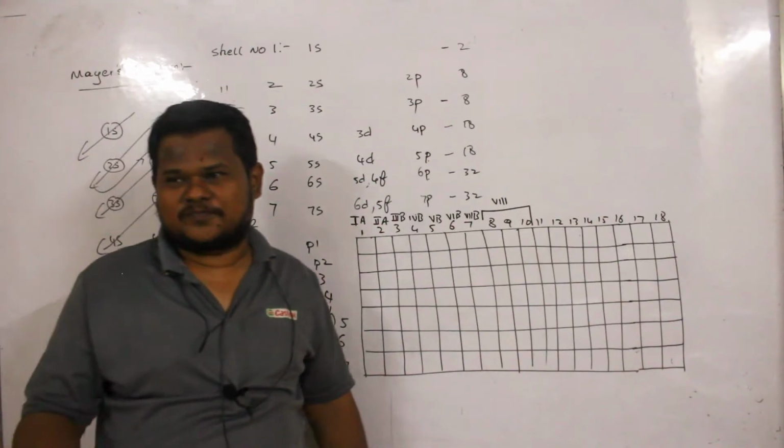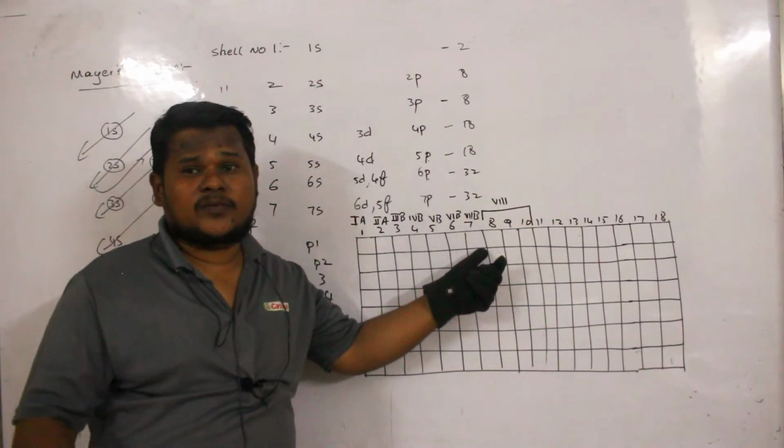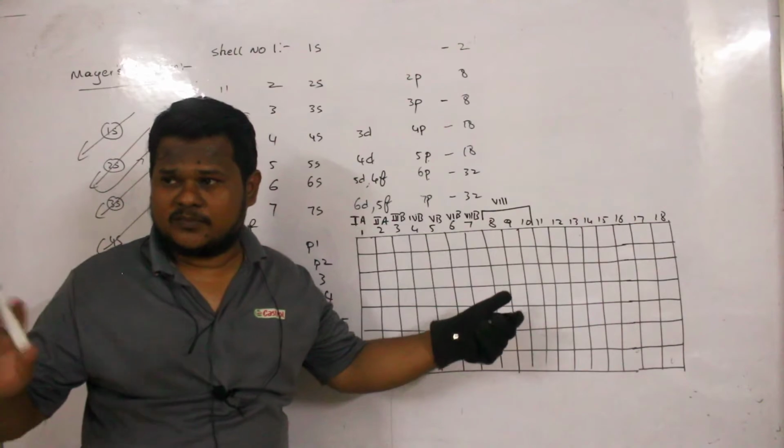You can follow both of them. Clear? You can follow the old system as well as the new system. It is not that the new system is derived and the old system is cancelled. No, still we are using both of them. Are you able to understand?